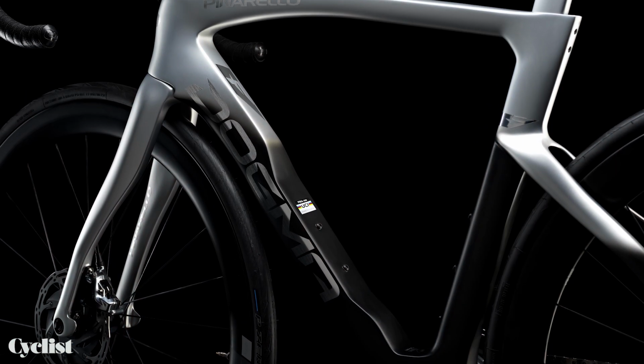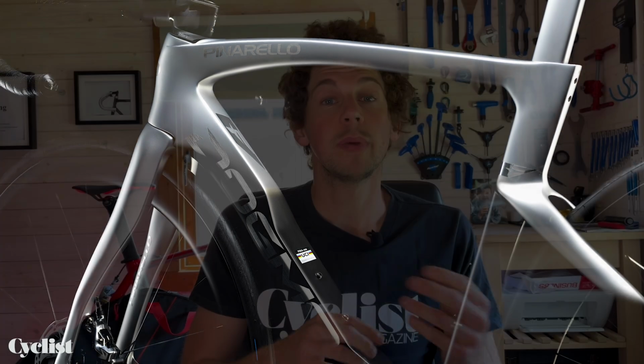So going beyond the nomenclature, that's a big word, I won't use it. Going beyond the naming system, the headline revision to this update is that it's much lighter. The Dogma F disc is 265 grams lighter than the Dogma F12 disc. Pinarello says that means a fully built size 53 bike comes in bang on the nose of the UCI minimum